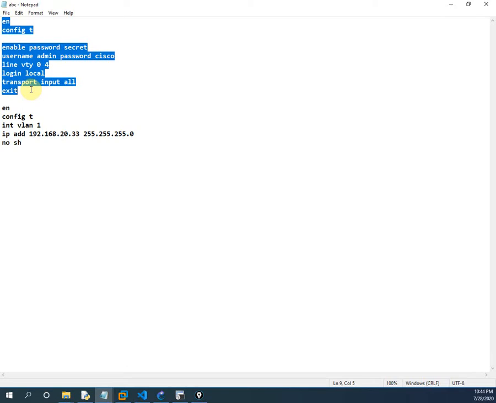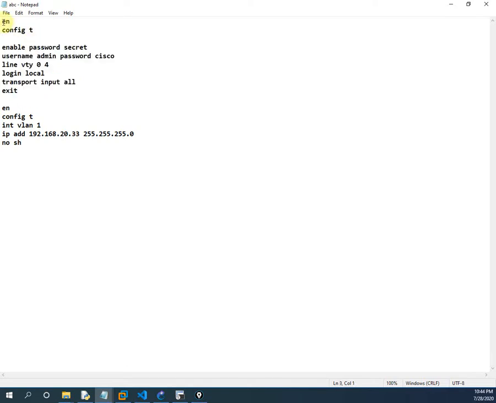I go into enable mode, then configuration mode. I create a password secret, and create a user with username admin and password Cisco, and line vty 0 to 4, login local, transport input all. This is the SSH and Telnet configuration.